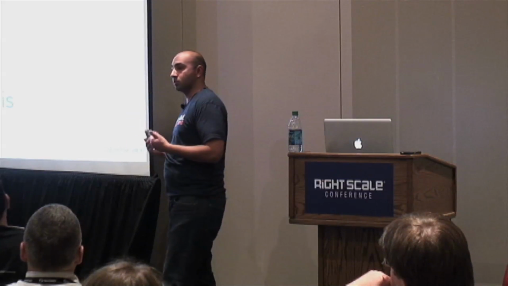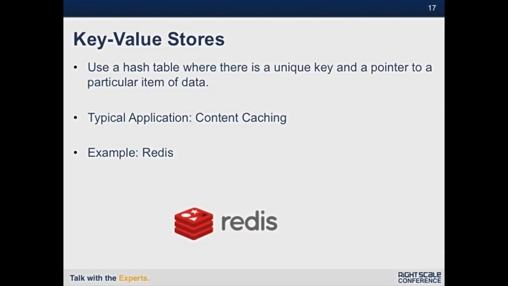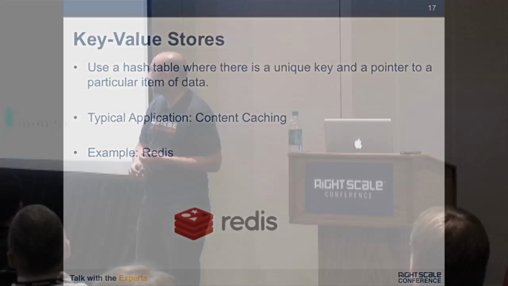So now that we've covered the theoretical components of how you would get started with Hadoop, I want to shift gears a little bit and go into some of the specific products and solutions that will help you with that. When we start looking at NoSQL itself and what solutions are available there, and we start looking at that simple key value store, this is used more often for caching than anything else. So I'll use an example of Redis here. And once again, it's a very simple database. We don't see it used all that often in very complex environments, but it works very well for simple caches.